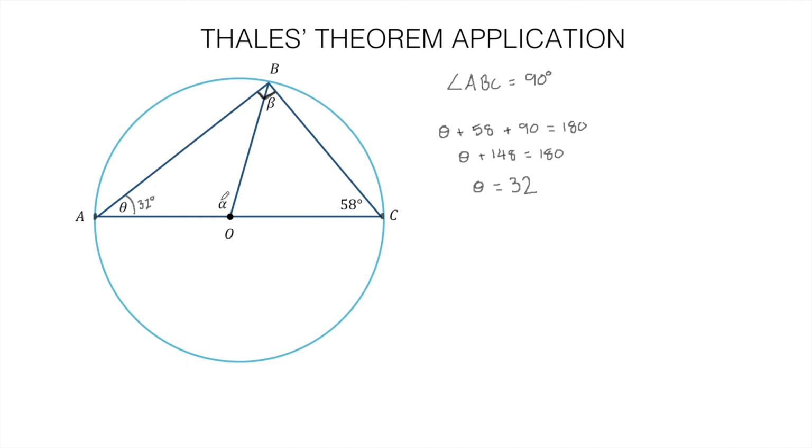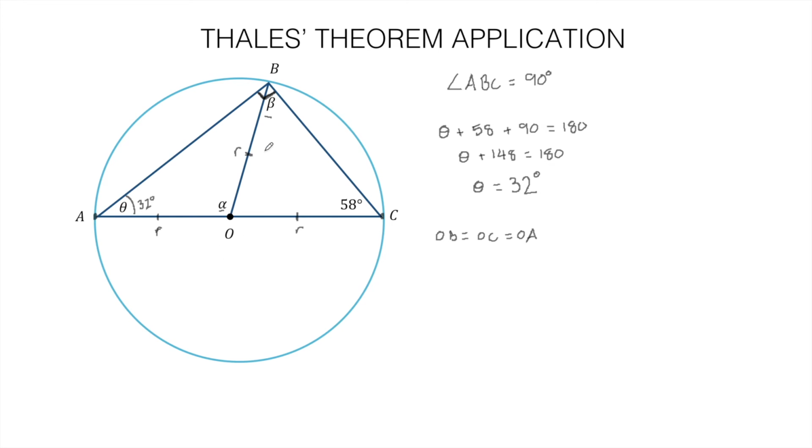The next thing we have to find out is alpha and beta. Now, the way we can do that is we have to recognize one little trick to make this so much easier. We know that this distance here, let's call that r, is the radius of the circle. We also know that this distance here is r, the radius of the circle. And there's another radius on this line here, so that's the radius as well. So what we can say is OB is equal to OC, which is equal to OA, which is really useful,